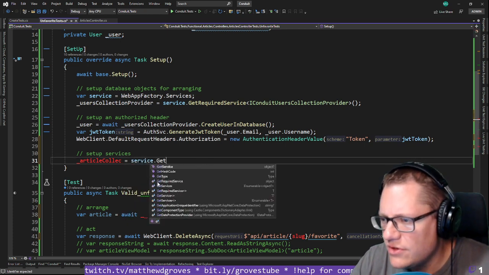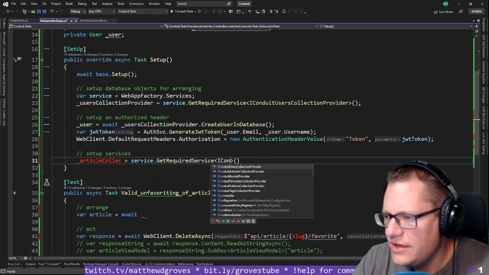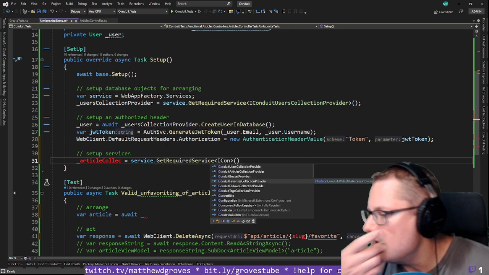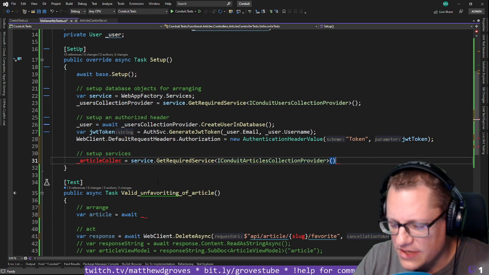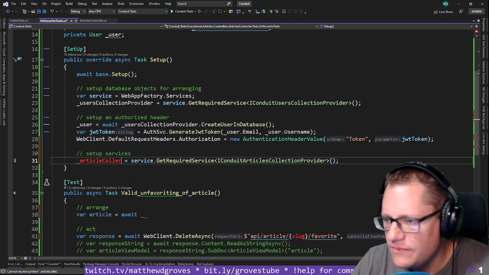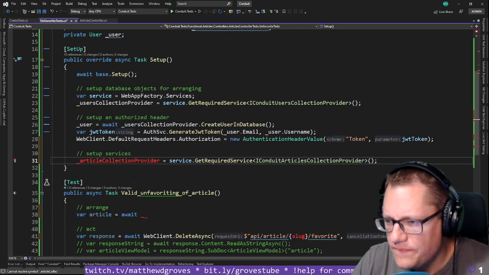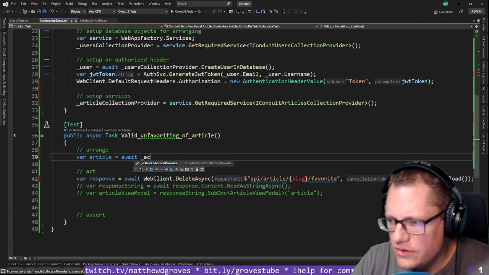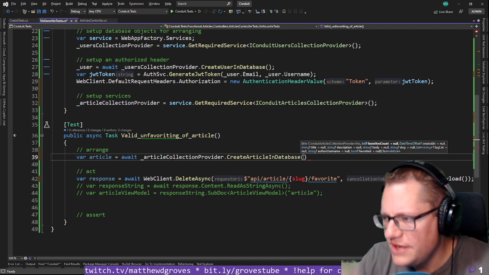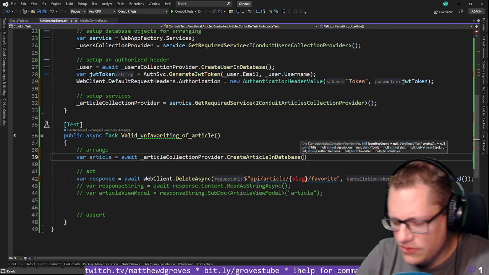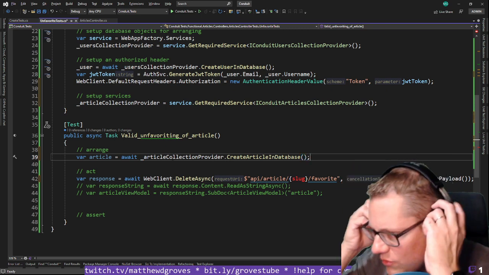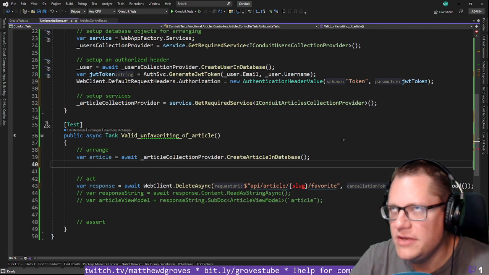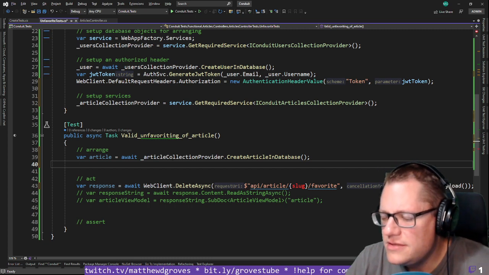Service dot get required service conduit articles collection provider, because I need an article in the database. Okay, put that out there. Article collection provider dot create article in database. I don't care about any information in the actual article. Just need it to be created. And